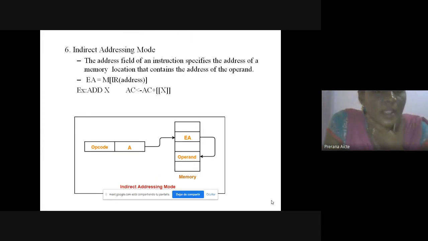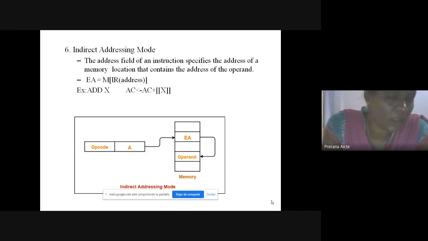And next one, indirect addressing mode. In indirect addressing mode, the address part of the instruction contains the address of a memory location that contains the address of the operand. The address field specifies the address of a memory location that holds the address of the operand in memory.